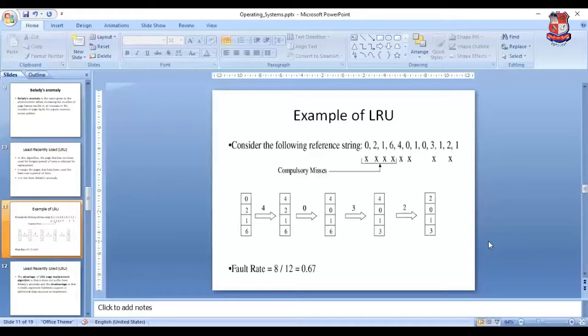Now request of 4. So 4 we replace with 0. Okay. Next is 0. So at the place of 2 we put the 0. Now request of 1. The 1 is already available. 0 is already available. Next request is 3. So first we analyze the 4016. 3 is not available. So we need to replace. And frame is also not free.